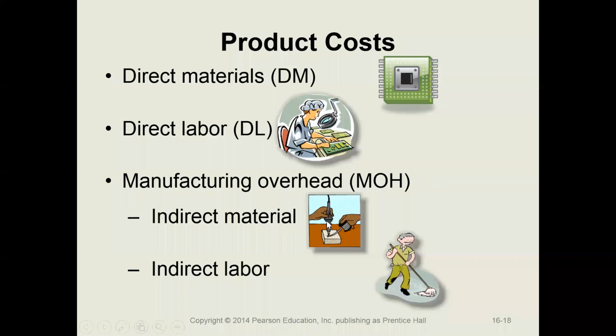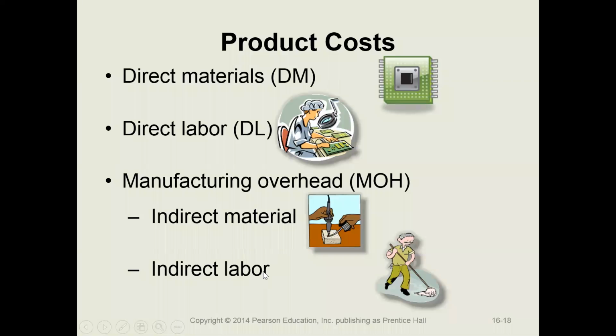So examples of indirect materials would be, let's say, the oil used to cook the spam in a spam musubi, okay? It's indirect because it's too small to really worry about, although it could be considered direct materials if you wanted to try to figure out exactly how much oil is used to fry one spam in a spam musubi. But if it's not cost effective to do that, in other words, it costs too much to figure that out, we'll put it into indirect materials.